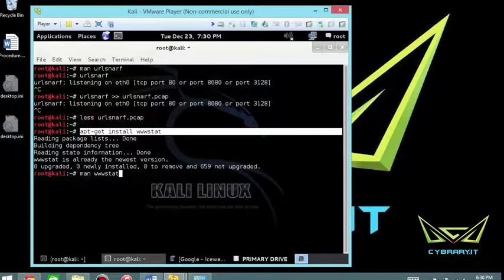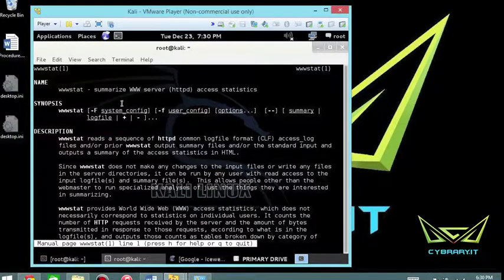And the things that I do here to demonstrate for you, this is basically what I would do if I was trying to learn a tool for the first time. So, one thing is to install the tool. The second is to look at the help file and to get a better idea of how the syntax is laid out by looking at the help file or the man file and then trying a couple different instances of it. So here I'll just go in and basically it summarizes www server access statistics, okay, and